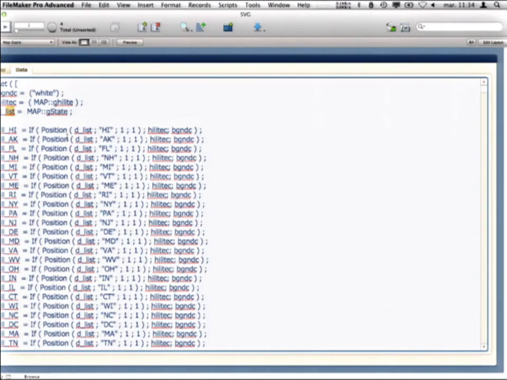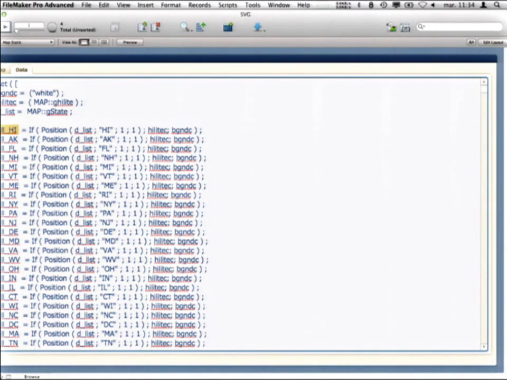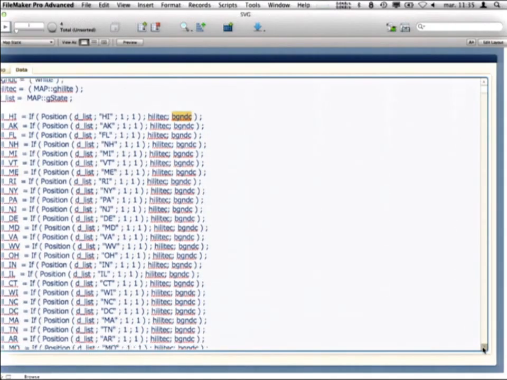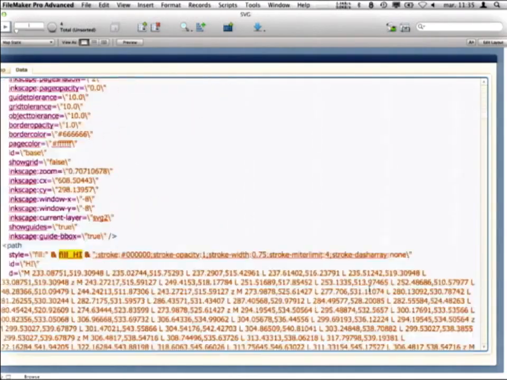And if I have this, then the only thing that I need is to specify for each variable here that if Hawaii is in that list, use the highlight color, or if not, use the background color. And this information is used. Let me show you here. Because it's a calculation, it will be automatically replaced by the value,